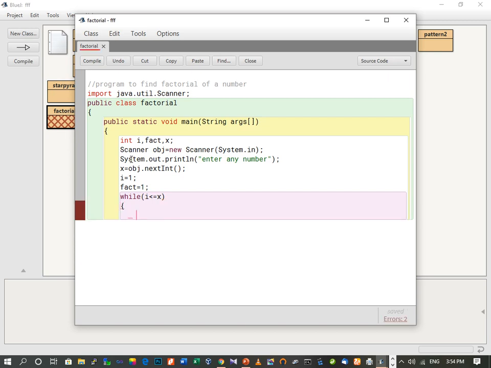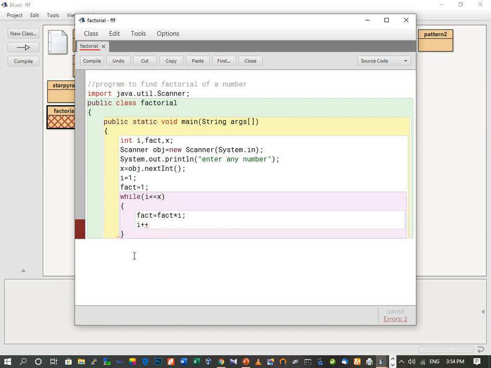Then the variable fact will store the factorial value, so fact equals fact into i. When I show you the dry run of this program, you will understand why we have written fact equals fact into i. And then i plus plus, meaning before we close the bracket of the while loop, we need to increment the value.